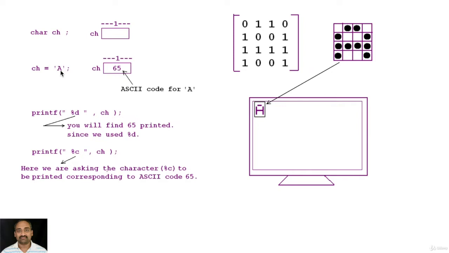Normally what happens is when you say ch equal to a, it stores an ASCII code of this a inside the variable ch. But that is not the actual a. This code uniquely identifies that this character is a. Why is this so? Normally, this is only for your understanding purpose. I'm explaining this scenario in the text mode operations normally.